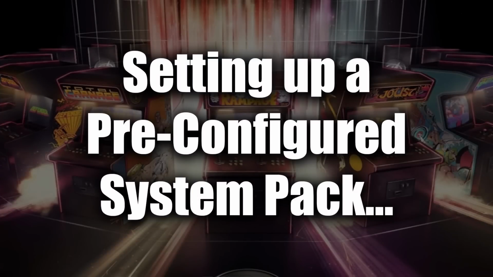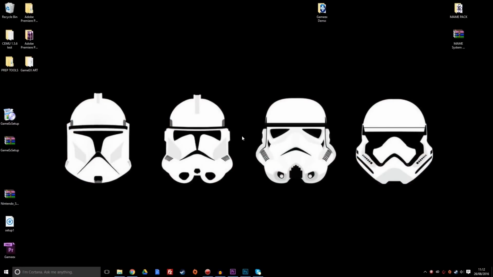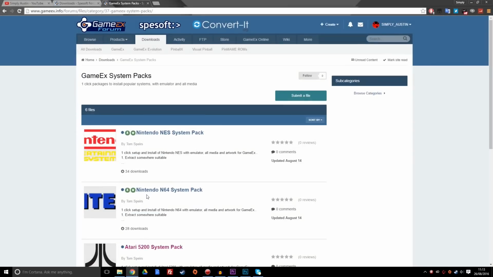Okay, so one of the new and great things added to the GameEx community is the addition of packs. Now, of course, you can go through, like we just did a second ago, add your systems, add your emulators, set them up, download your art, add your ROMs, and all that kind of stuff. It's pretty much simplistic. However, they've made that even simpler by giving you a pre-configured setup to work from in the first place. So, in the description down below, you will find a link leading you to this part